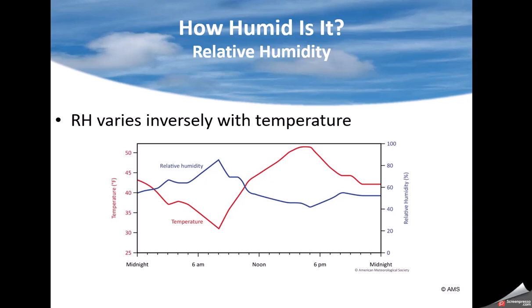Why does that happen? Well, the air is getting hotter, so it can hold more moisture. As the air gets hotter, the relative humidity goes down. Interestingly, we haven't really talked about evapotranspiration, plants. But plants actually release most of their moisture in the late afternoon and evening. So there's actually a peak. You can actually see a small rise in the relative humidity in the evening hours because of all the plants